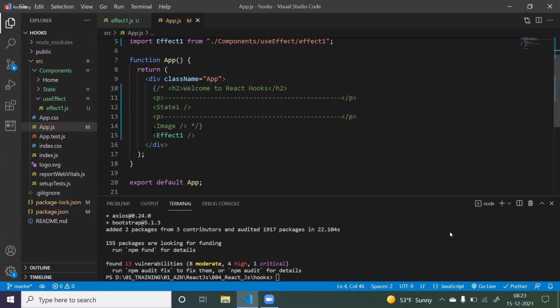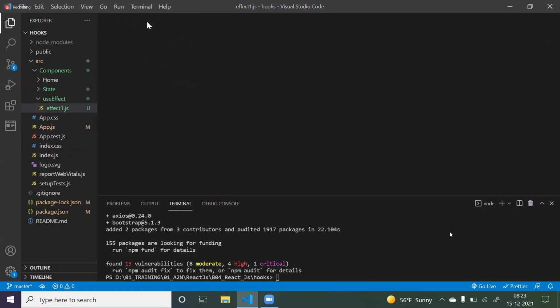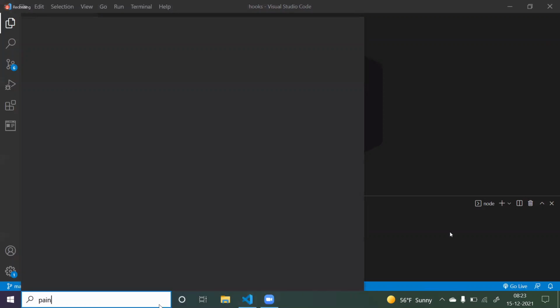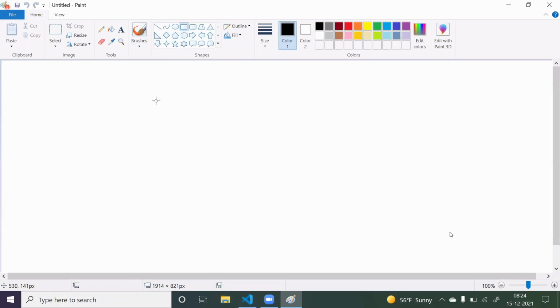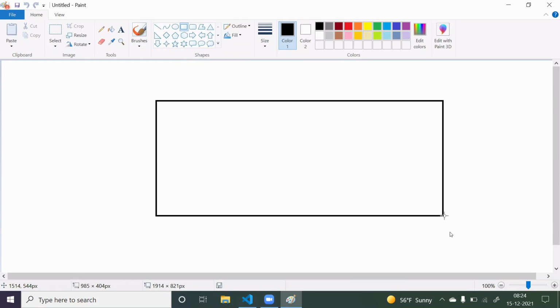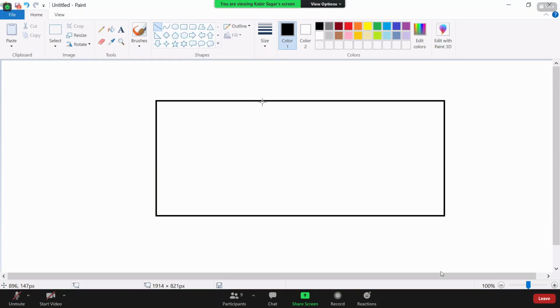Yesterday we tried to understand the useEffect hook and useState hook. So let's try to do one example on that. My example will be something like this. I want to create one card kind of format, and I want to divide this card into two parts.